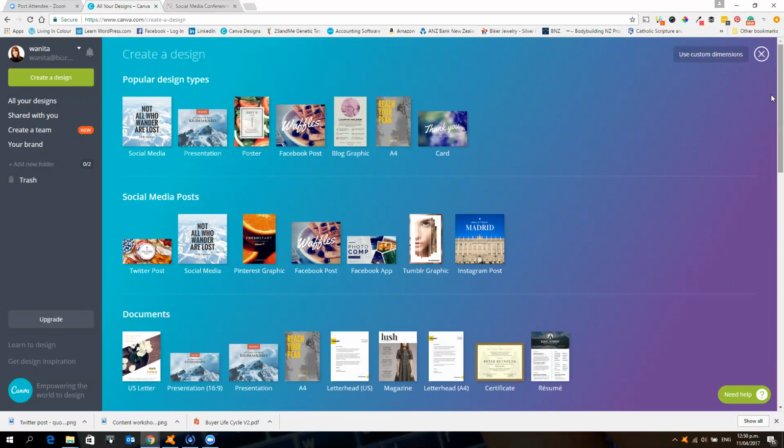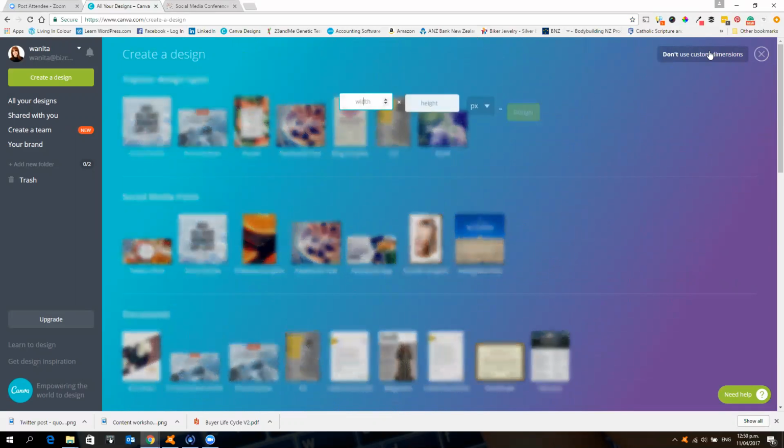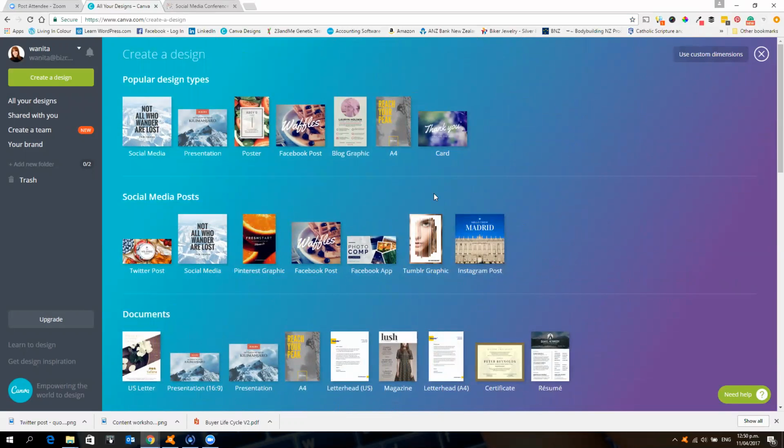So for the purposes of this, just one more thing. If you want to use a specific custom dimension and you don't want to use anything that is here in Canva, you can create your own custom dimensions. All right. So for the purposes of this, we're going to create a Facebook post. When I click on Facebook post,